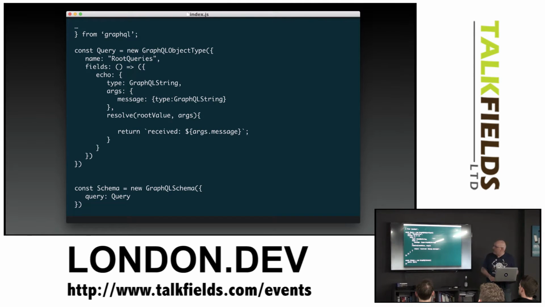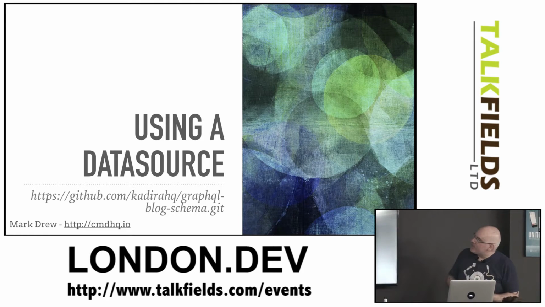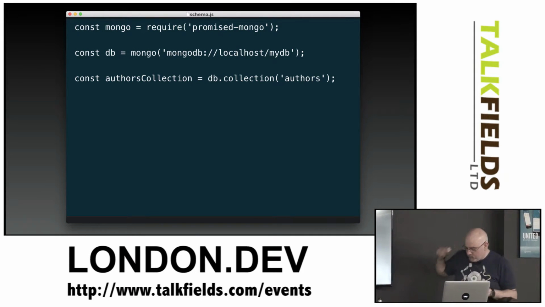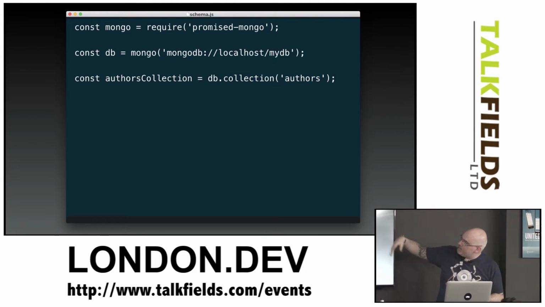But that's all well and good. But I bet what's in your head is, okay, so you're doing this query to the server via GET. How am I going to get any information back from it, right? And you want it from a data source or something, some database. How do we connect a database to this? I'm going to use something called Promised Mongo, which actually uses promises to interact with MongoDB. You all heard of MongoDB? It's been around for a little while. I'm going to connect it to my localhost database.